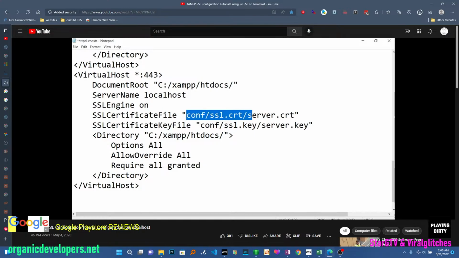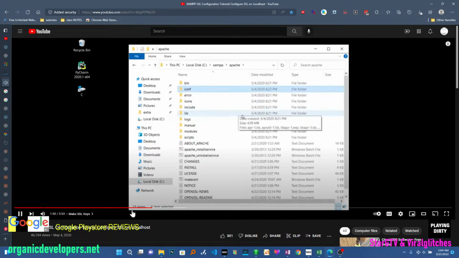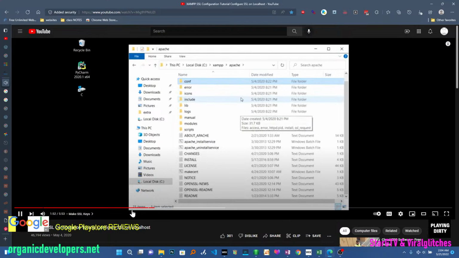So the next step is to go back into the Apache folder, and now we're going to make our keys. To build the certificate in the Apache folder, there's a file here called make cert. So I click on that, and then I